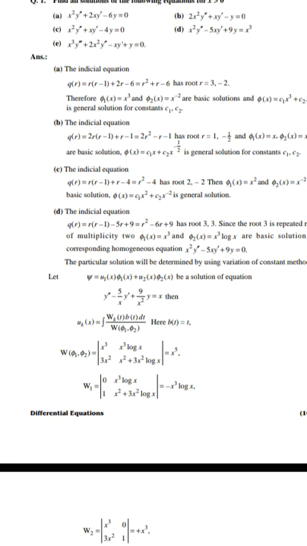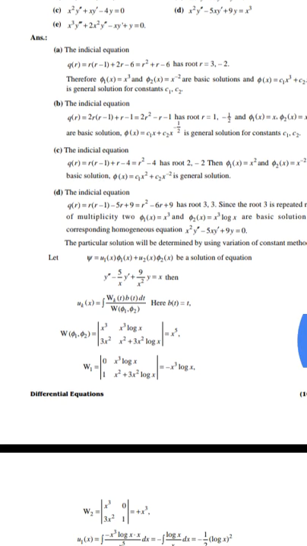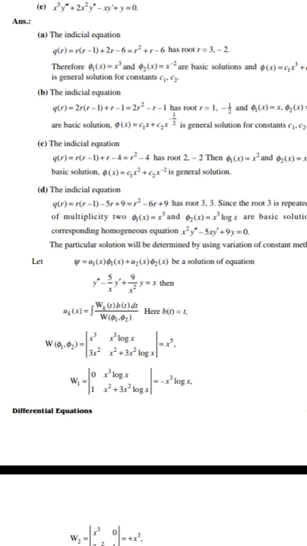The indicial equation is q of r is equal to r into r minus 1 minus 5r plus 9, which is equal to r square minus 6r plus 9 and has roots r is equal to 3 and r is equal to 3. The 3 is a repeated root of multiplicity 2 times. Therefore, phi 1 of x equal to x cube and phi 2 of x equal to x